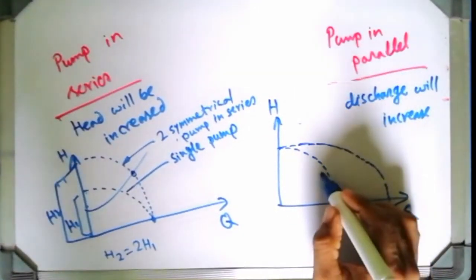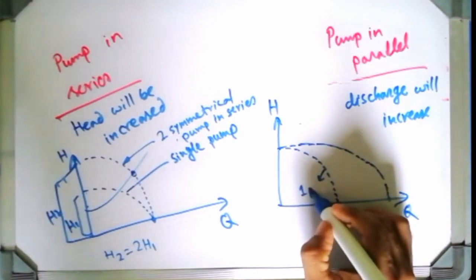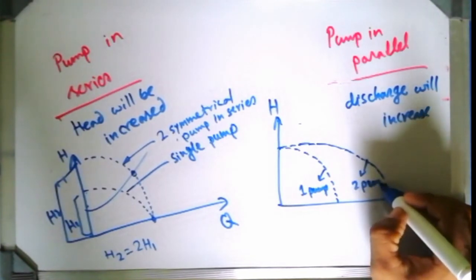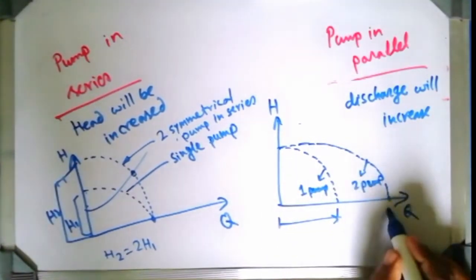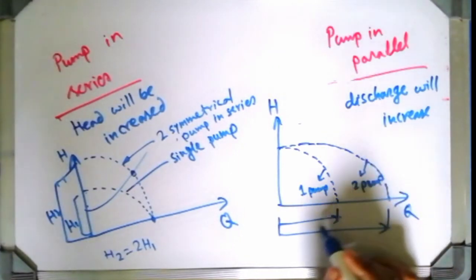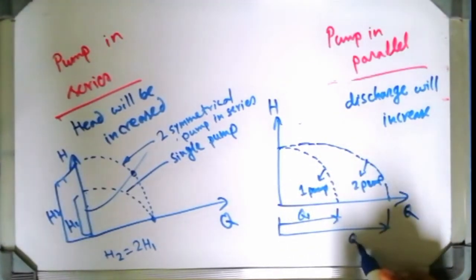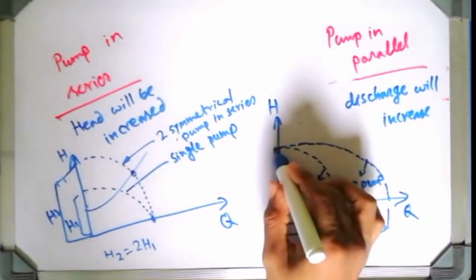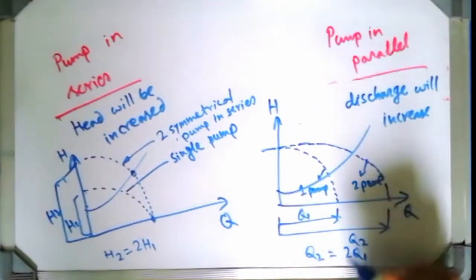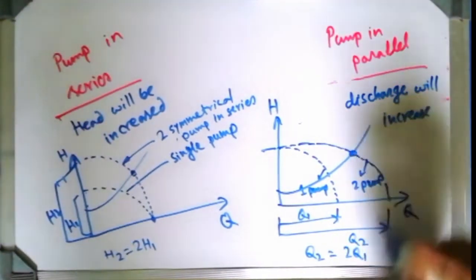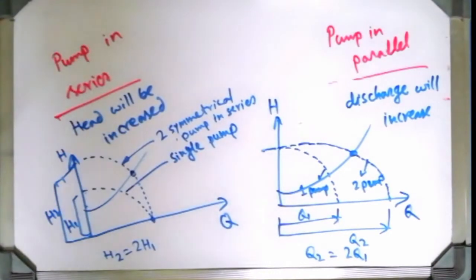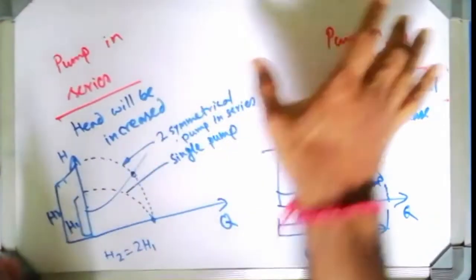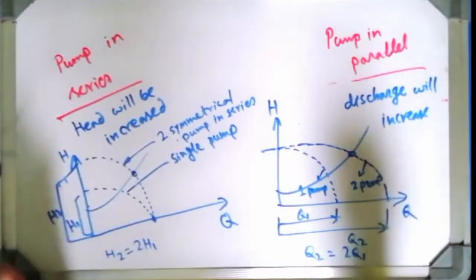So this is for a single pump, and this is for two pumps, and they are in parallel. See, the discharge is being doubled. Why is it doubled? Because they are geometrically symmetrical, mind it. If it is Q1 and if it is Q2, then obviously Q2 will be 2Q1 if they are geometrically similar to each other, and head is constant. Here also if you draw a system characteristics curve, then you will get the operating point. This topic is limited to you up to this limit: why they are connected in series, why they are connected in parallel, how the curves get changed.